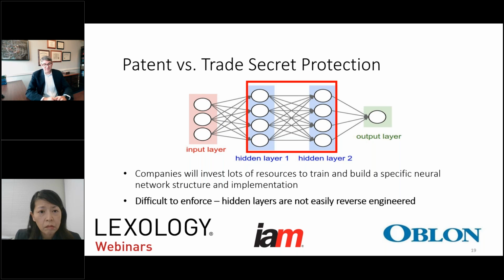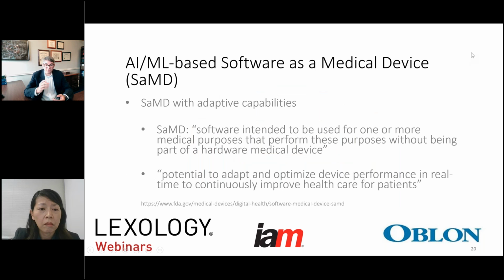So this gives kind of the background about AI and about where we are now when we're thinking about using AI in pharma. And so now Yuki will be talking about how this can be operated as software as a medical device. Just to give a very brief introduction of Yuki, as she indicated, she's a partner in our chemical group. She's also the head of our Tokyo office. And she has a lot of experience in the pharma area and has been working with a number of companies and really has good perspectives in this area. So I'll let you go ahead, Yuki.